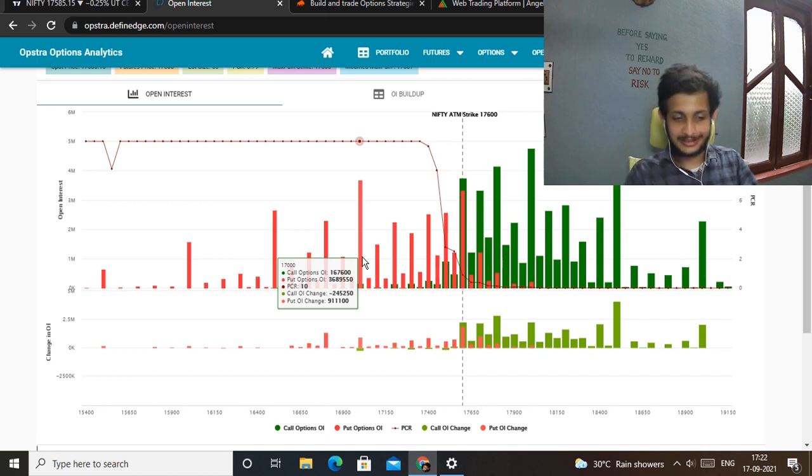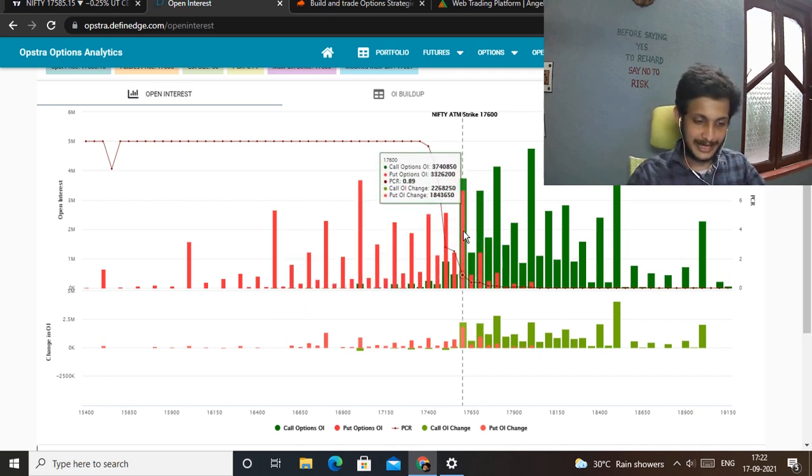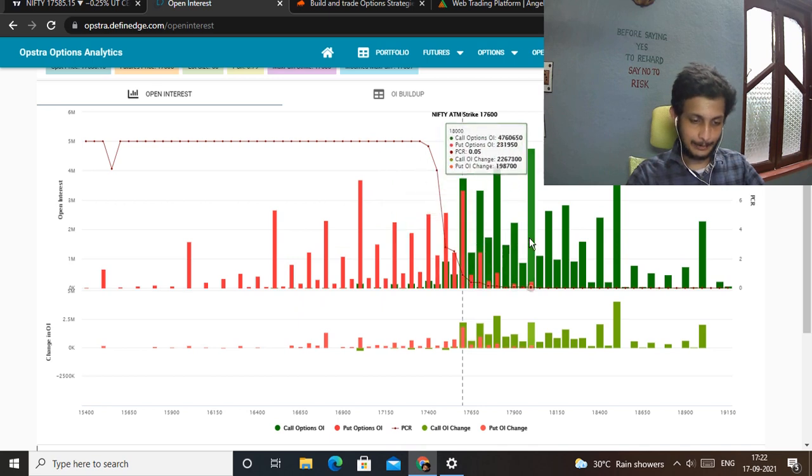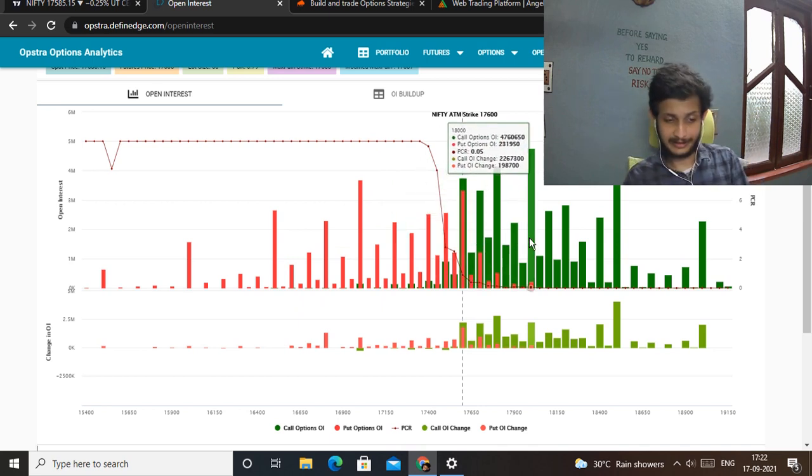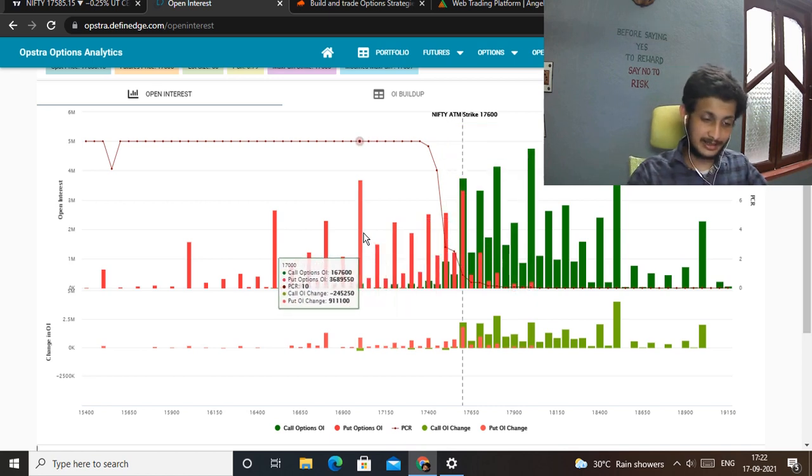So what you can see right here is, from the at-the-money strike price, your upper boundary, which is at 18,000, is only 400 points away, but on the downside it's 600 points away. It's 600 points away, which means your strategy has a greater width on the lower side. Which means what I told you is to keep delta neutral strategies in order to make profits, in order to balance your fear and greed.